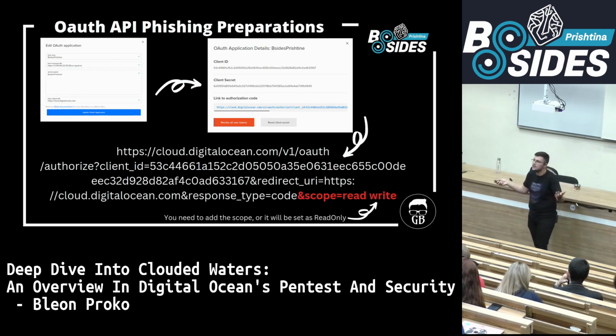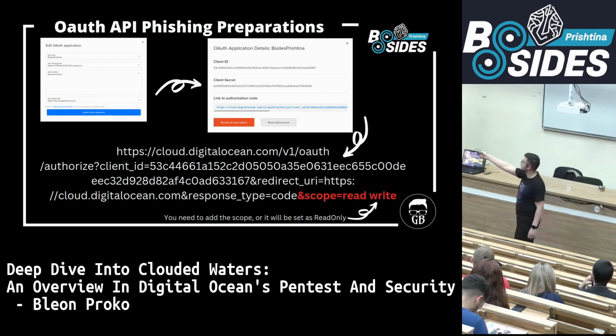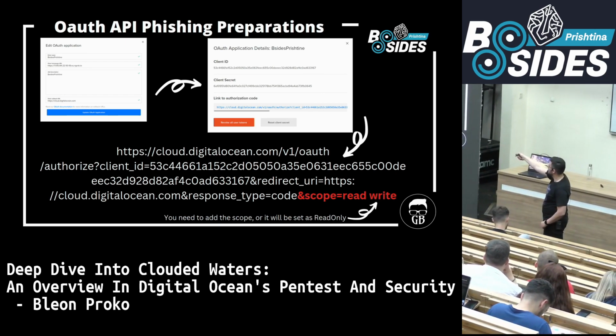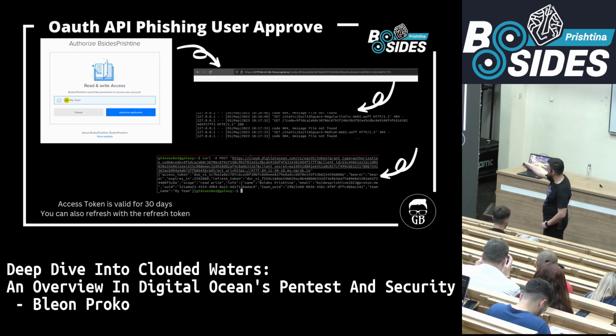The idea is you create an application with a redirect URL, you have this URL that you will be sending, and this token, without the red part, will only be a read token. But if you also put the scope as read-write, when they accept that, you get a read-write token,